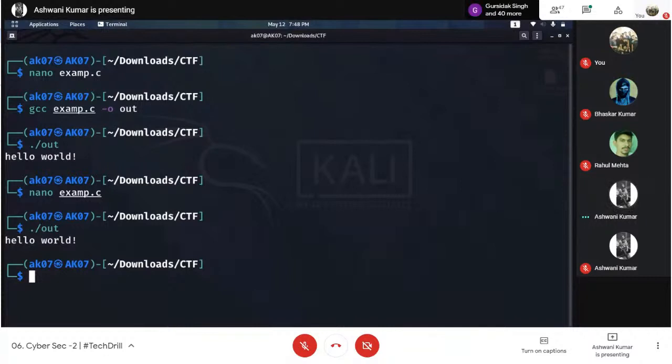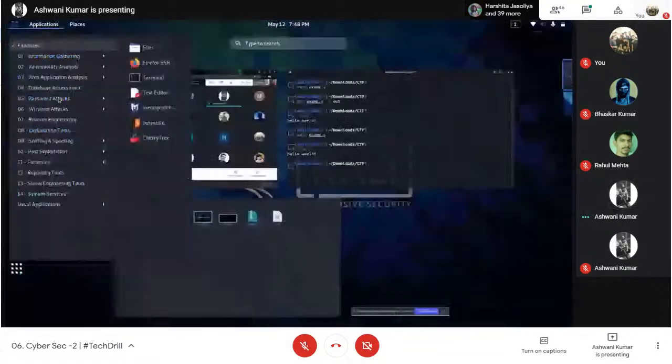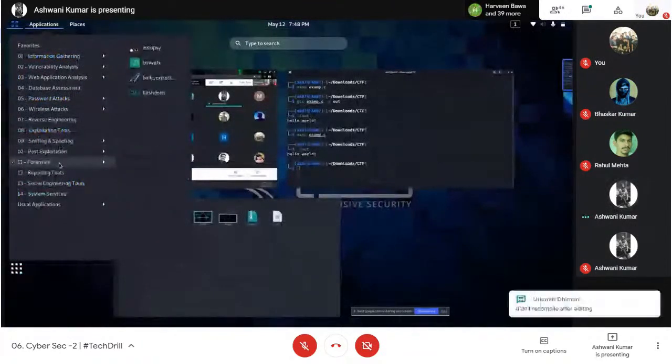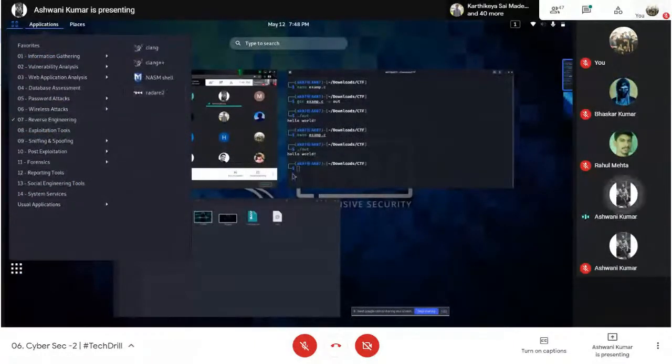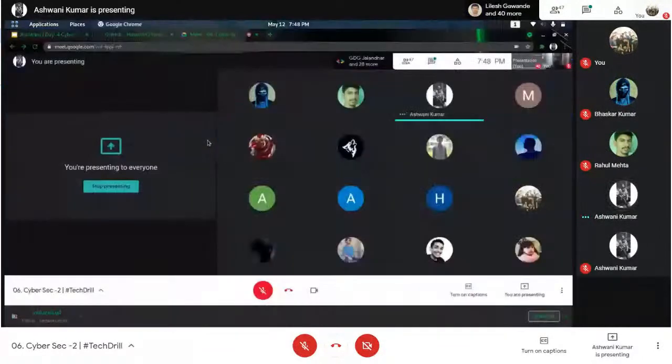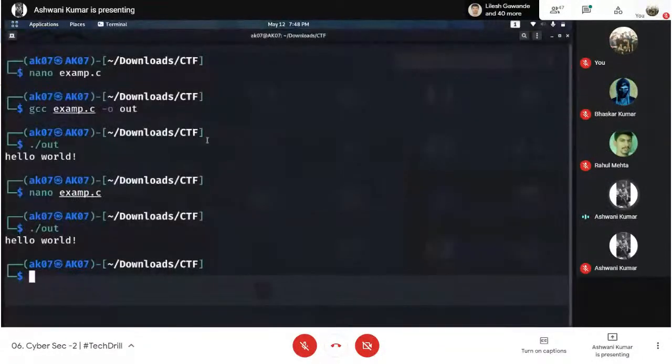Fine. So what I can try is to go for a tool, maybe R2. You can see here, this is one of the tools for reverse engineering. So I'm using this tool right now for decompiling and reverse engineering here.